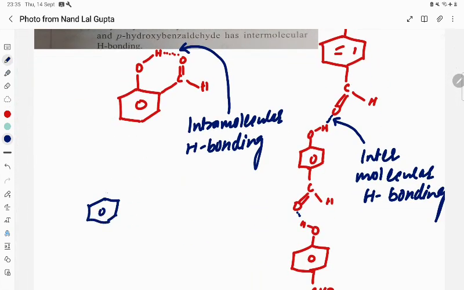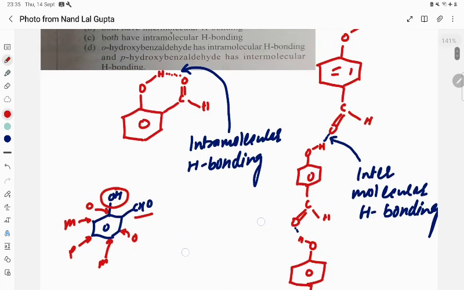So this is the OH group and here this is the CHO group. So the position close to the functional group is called ortho, and this is also called ortho, and opposite to the functional group is called para. Here this is called meta and this is also called meta. So this is the ortho hydroxy. What position is OH in? Ortho position to the benzaldehyde.